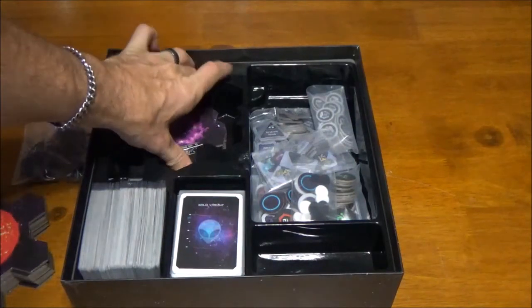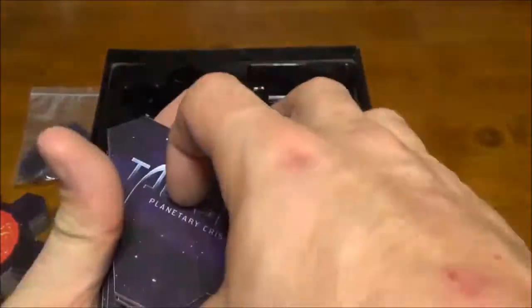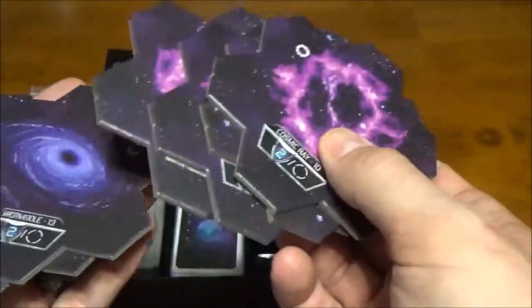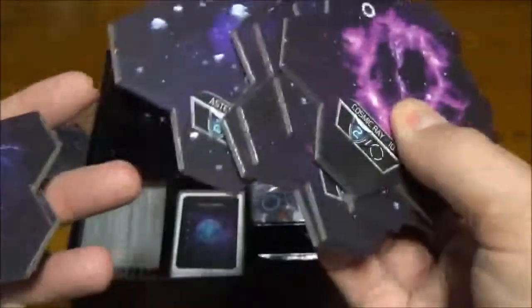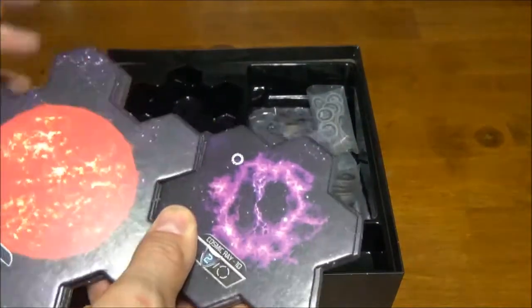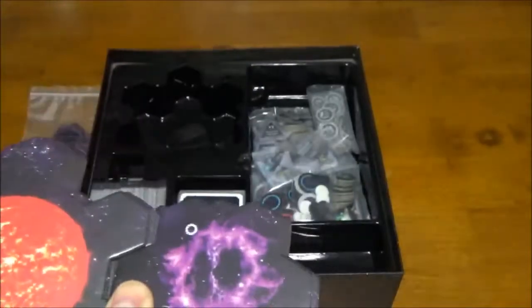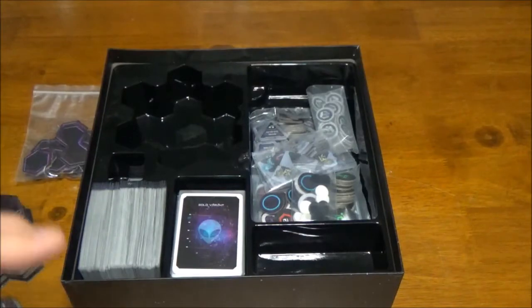Next we have our outer limit tiles. These are smaller map tiles which can be explored throughout the course of the game that have various effects. Lots of cosmic rays, asteroids, there's a couple wormholes in there, and so on. And because these are a different shape than the standard ones, when they interlock, there are going to be gaps, which most games use one style of tile or the other, and not both. But since this game uses both,